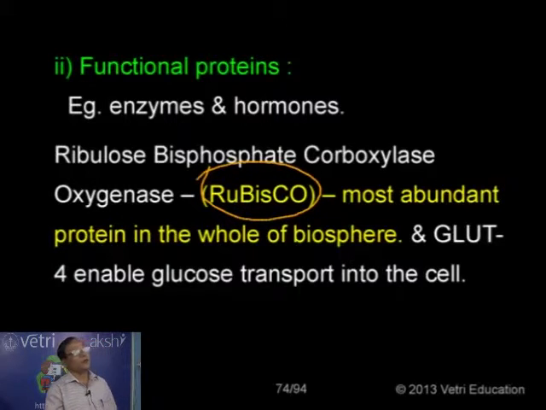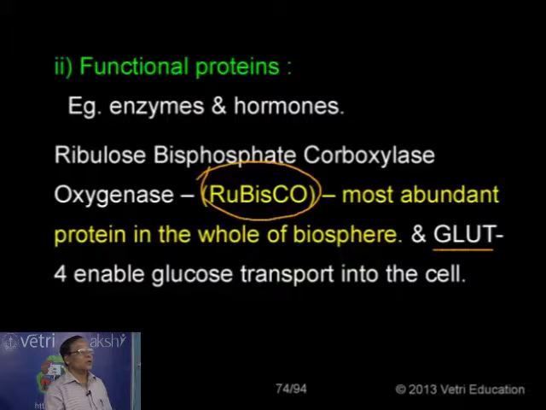In the whole of biosphere, if we are taking all the animals and plants together comparatively, which is the most abundant protein in all organisms in the whole biosphere, it is nothing but the enzyme RuBisCO, a kind of protein. So ribulose bisphosphate carboxylase oxygenase, the one which is taking part in the dark reaction. So the most abundant protein in the whole of biosphere. Another enzyme we have